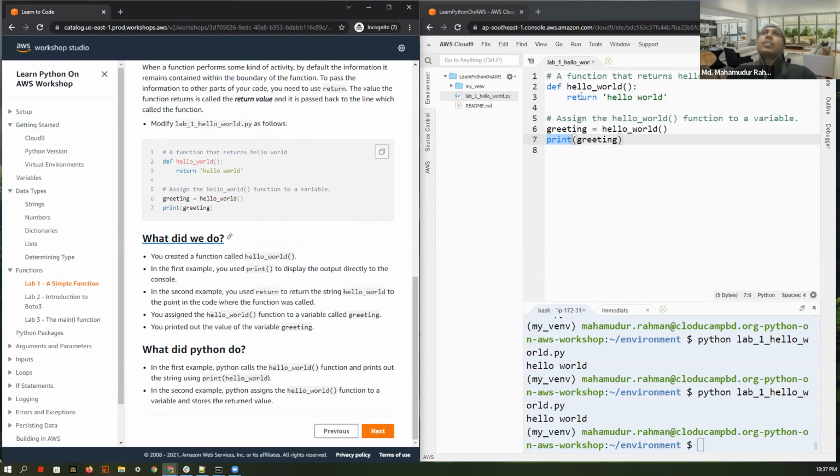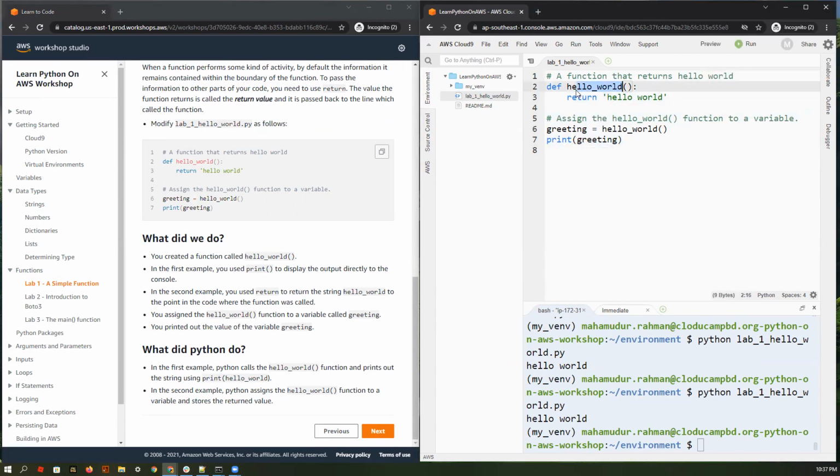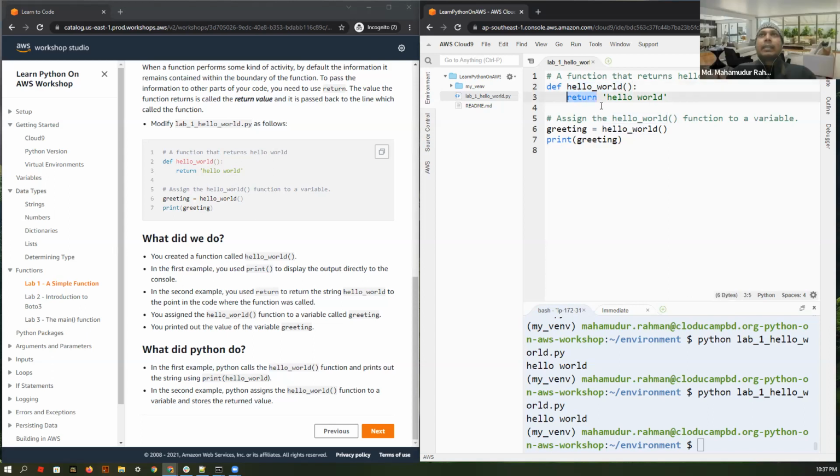Okay, return is a keyword like def. Python has some built-in keywords. So in a function, what does return do? Return will give some value to the function. So when we call this function, whatever value we return with the function, this will return. That means